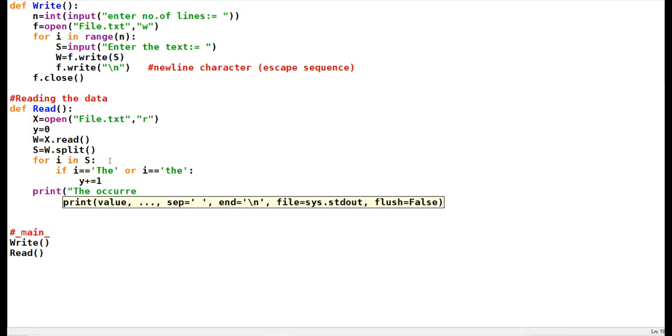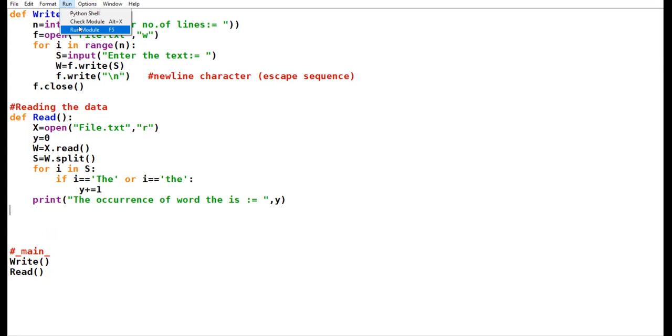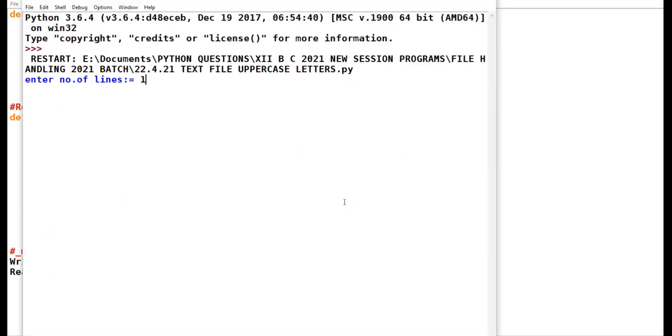The occurrence of word "the" is y. All right. Number of lines this.